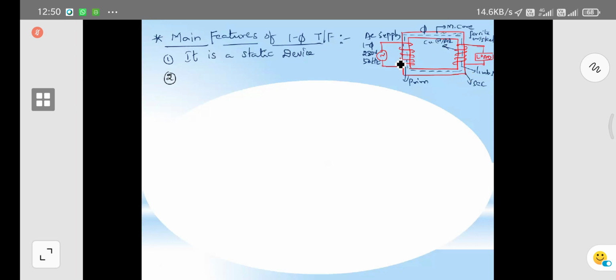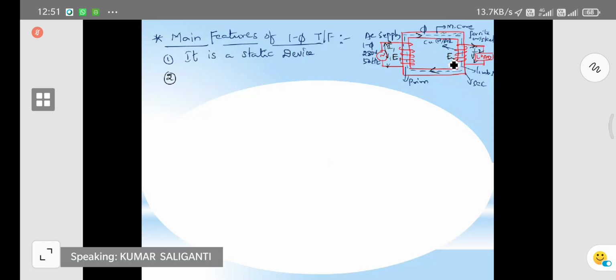Suppose if you take the supply voltage, we may get E1 and E2. We will discuss later. This is the self-induced EMF and this is the mutual induced EMF. And this is the current. Because of this current, you are getting this E1. This is the flux direction, and this E2 causes the current on the secondary side, I2. You have to consider V1, which is nothing but the supply voltage. Here we have to consider V2, which is the secondary side voltage.